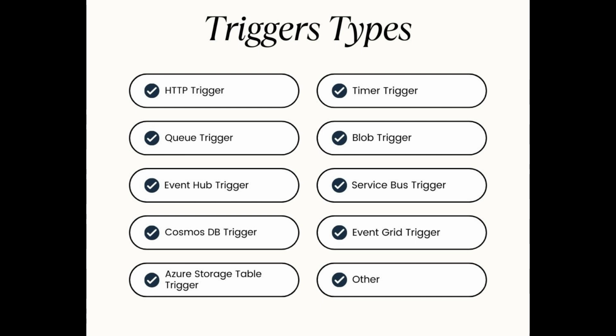So, for example, if you want to create a function which acts like an API, that means it can be triggered using an HTTP REST API call, you can use the HTTP trigger. Timer trigger is a trigger where you can trigger a function on a certain time interval. For example, if you want to trigger an Azure Function every 5 minutes, then you can use the timer